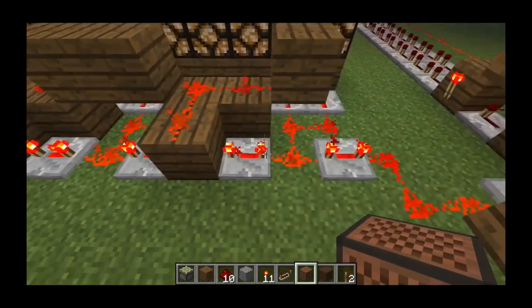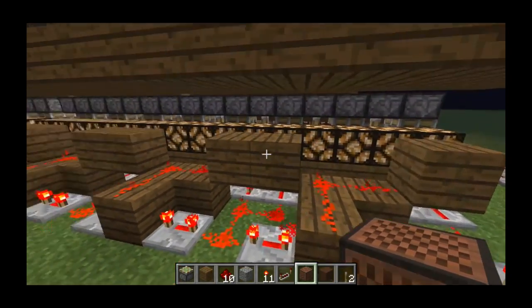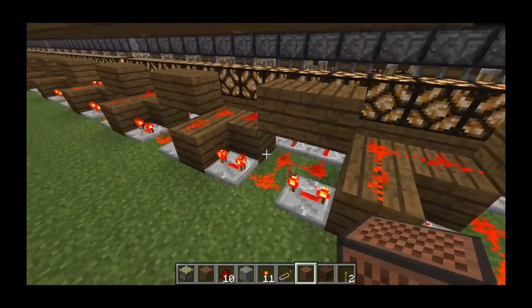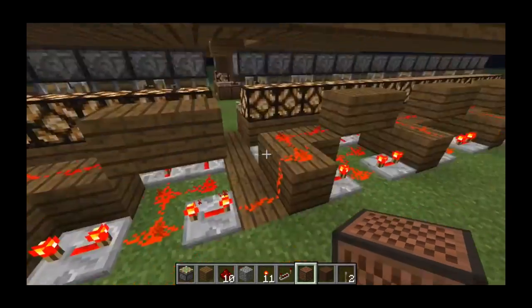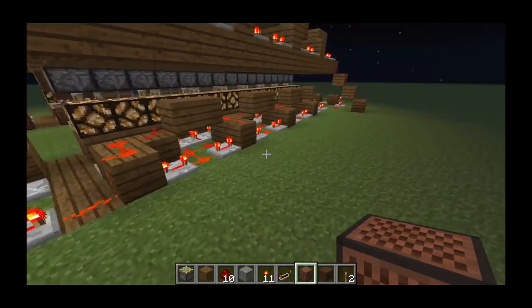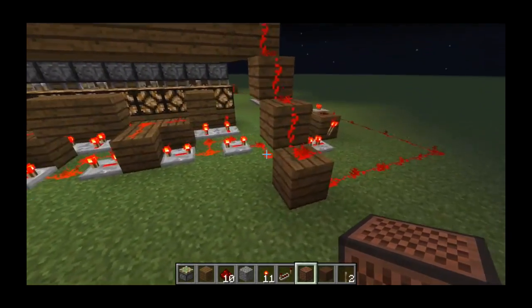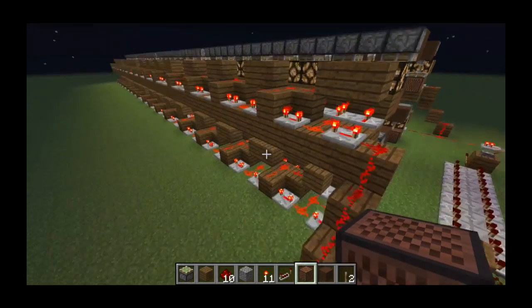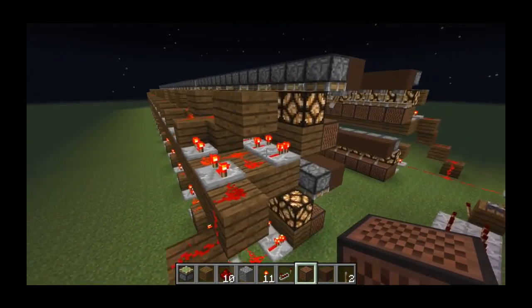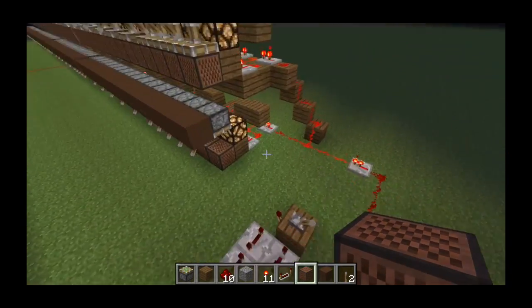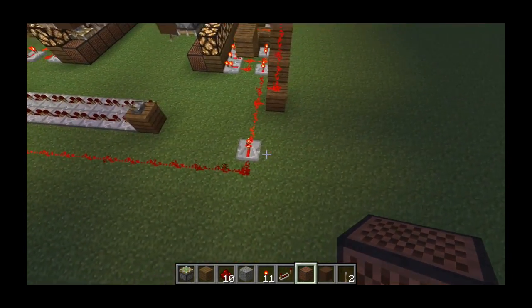Repeaters just 4 ticks apart so that they're spaced out evenly, blocks on top to stop repeaters interfering with repeaters. Repeated, just a little link up for phrases. Repeats all the way down, very easy. Just up a step, exactly the same system down below, on the same timing, so they run exactly at the same time. And then there's his link,